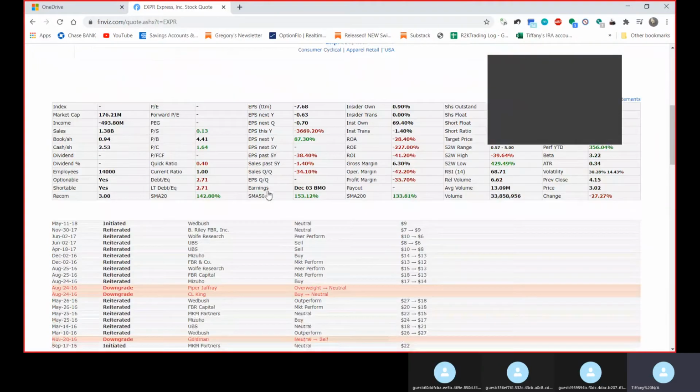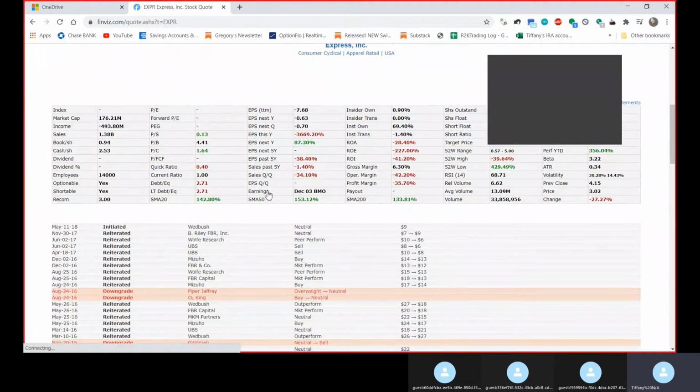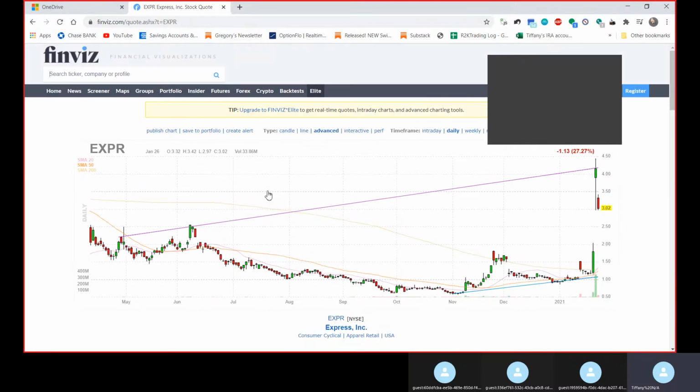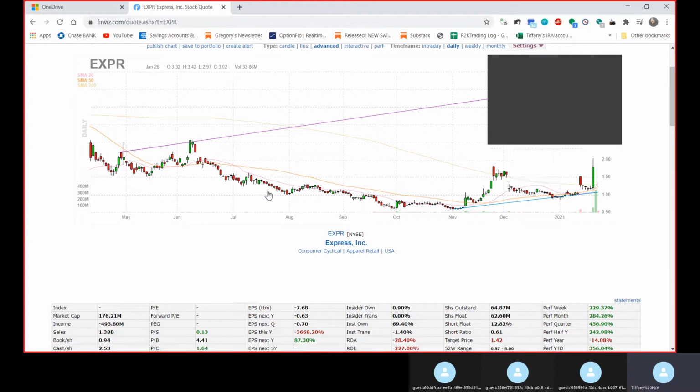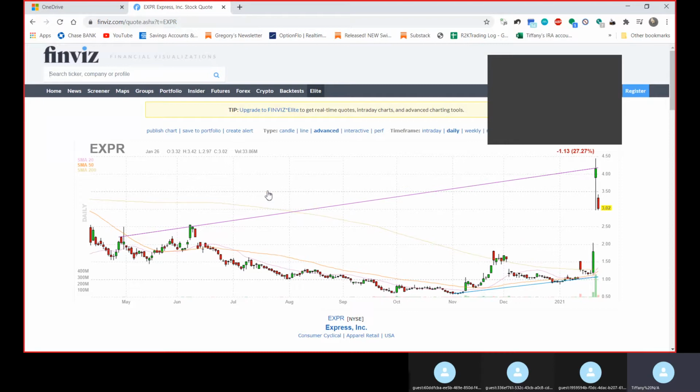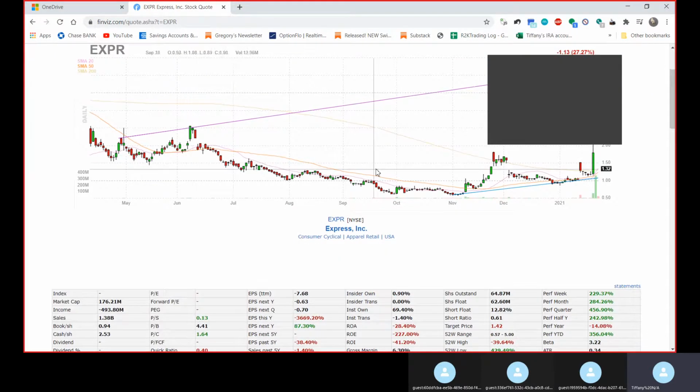That pump. I got in really late, at 160-something, 168, and my return was a 200% investment overnight. It was easy enough that you could actually get 2,000 shares of the stock for just less than what you paid for, and it's a really big return. But then you have to look at the chart. You have to look, okay,